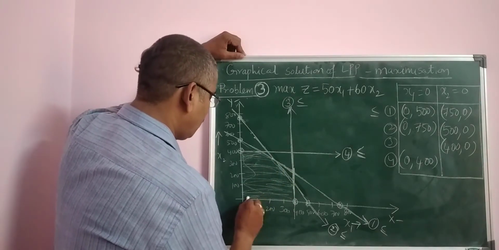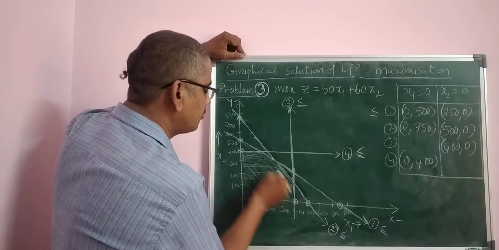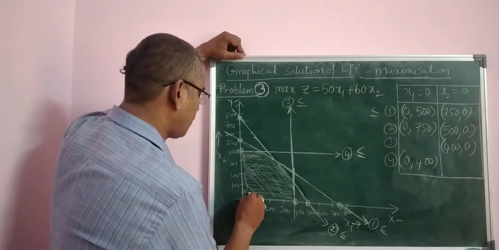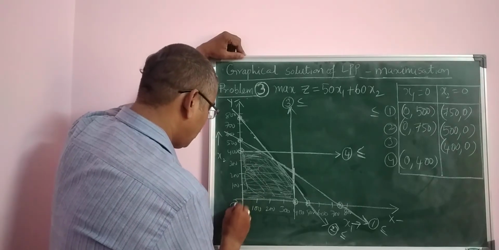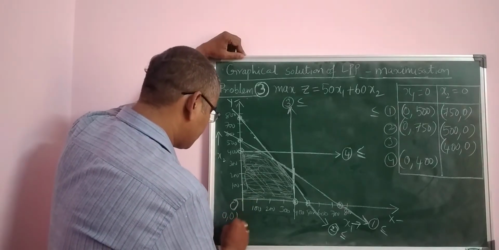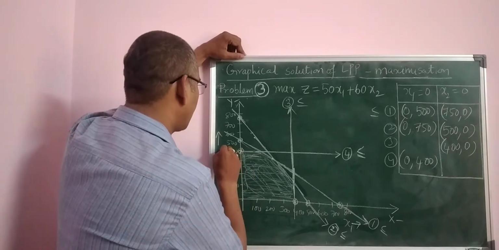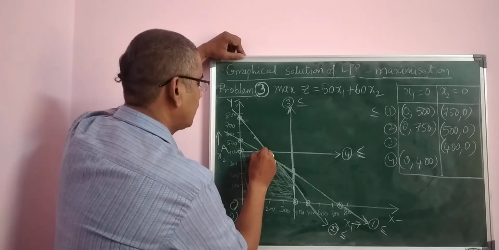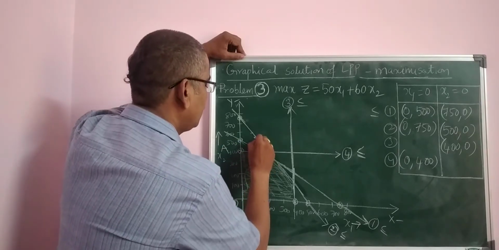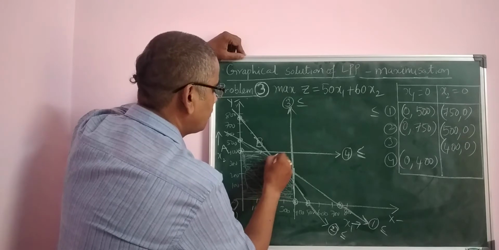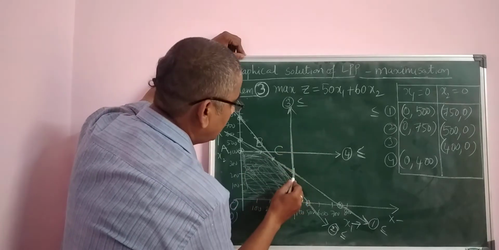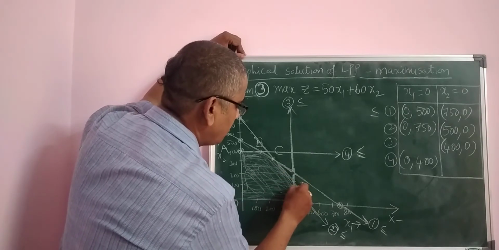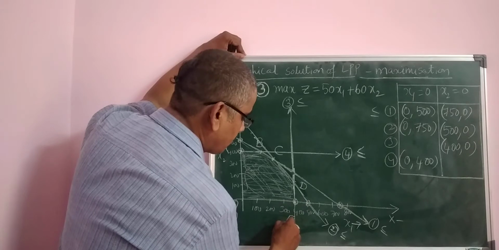So we have obtained a common region, and now what you have to do is put the points here. This is the origin, the point 0, 0. And this is a corner point, another corner point A. Put A here, and this is another corner point, B. And it is another corner point C. And come to this, this is another common point D, and this is another common point E.